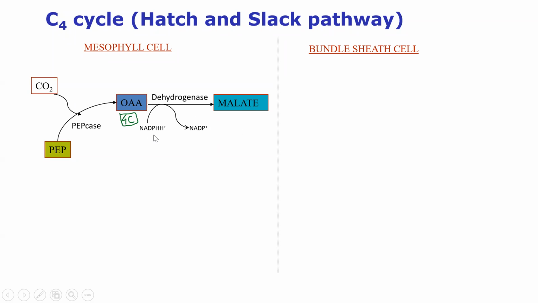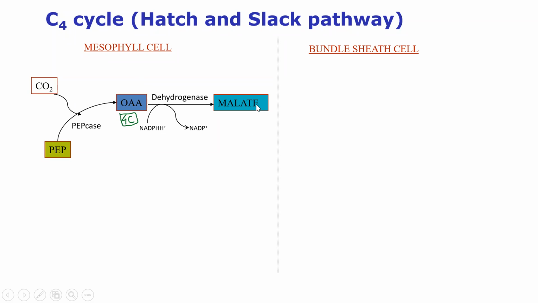And you know very well, here the non-cyclic photophosphorylation is occurring. So we know very well the product of the non-cyclic photophosphorylation was ATP and NADPH2. So the product is already there. Since I told you that in case of mesophyll cell, it is the non-cyclic photophosphorylation that is going to occur. So now it is very evident why the non-cyclic photophosphorylation was associated with mesophyll, because the conversion of oxaloacetic acid to malate requires NADPH, and it has to be fulfilled through its photosynthetic activity only.